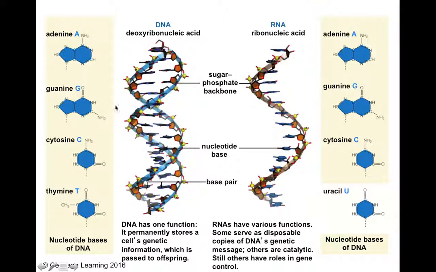So here you go. Here's your DNA, double-stranded, the twisted ladder that we've talked about already. We have adenine bonded to thymine, guanine bonded to cytosine, the purines on top, the pyrimidines on bottom. DNA has one function, which I don't know if we can really say that, but we'll go with it. Permanently stores information. Of course, that information has a lot of other functions, but we'll say that's its function. It stores information. That's fair. Ideal situation, you're going to pass that on to your offspring.